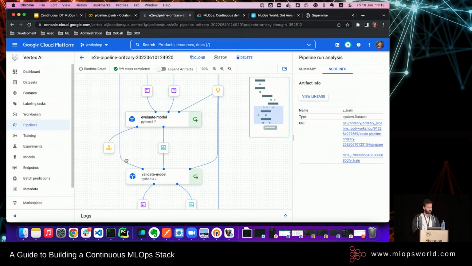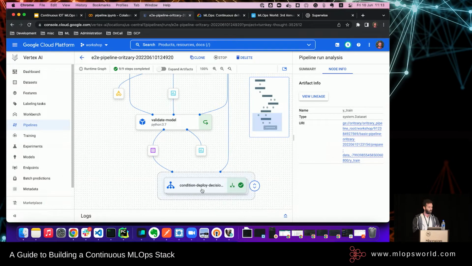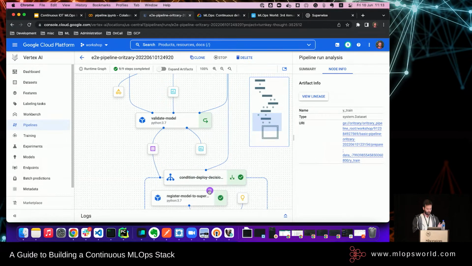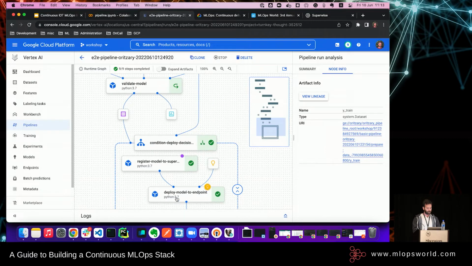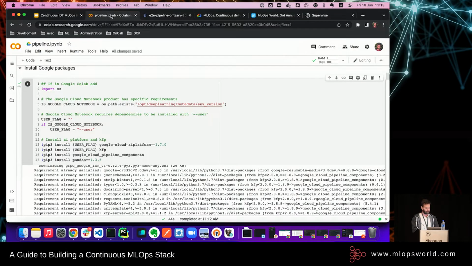I will go into each and every one of those later on with a bit more detail. But eventually what we want to get is this deploy model to an endpoint, okay? And you can see that it's wrapped in a square because we discussed making sure that the model is good enough for production. This is exactly the condition that will make sure that it reaches some sort of threshold. We will see what this threshold is and how I defined it in a few cells.